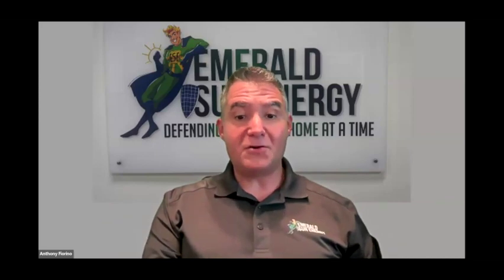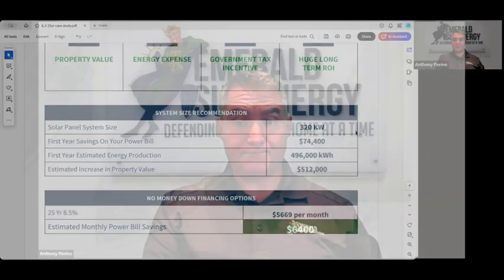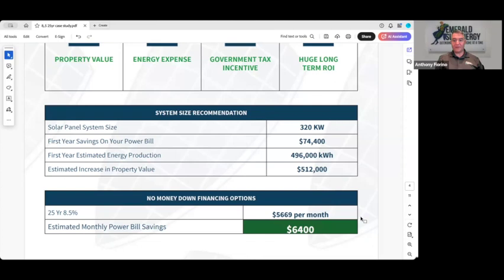I'm going to go ahead and share my screen so that we can go over these options in more detail. So in this particular project, the customer was spending $6,500 a month. So you can now gauge what your return on investment will be really based on that. It's going to be relative. So if your power bills are $2,000, your overall profitability for the first 18 months will probably be about a